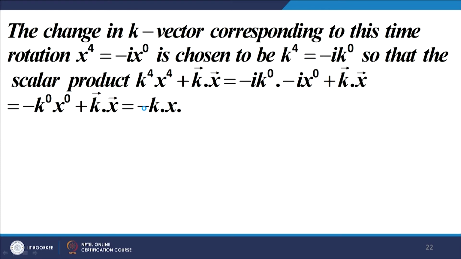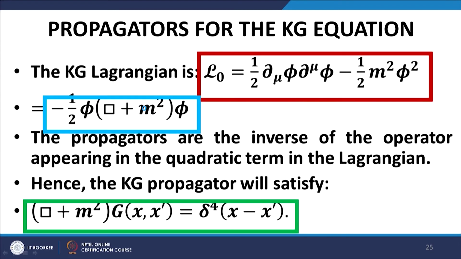rotation from Euclidean space. Now, we try to further simplify the expression for the propagator, and for that purpose we try to carry out the integral in the propagator with respect to the wave vector corresponding to the time coordinate, and that is our next exercise. Again, our Lagrangian is the Klein-Gordon Lagrangian given in the red box, which through an integration by parts can be expressed in the form given in the blue box here.